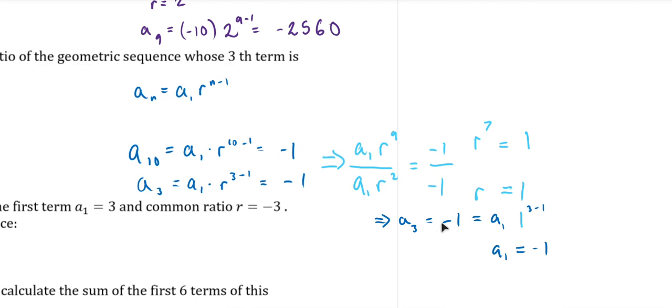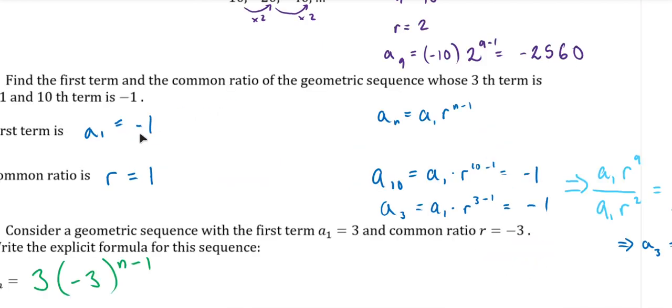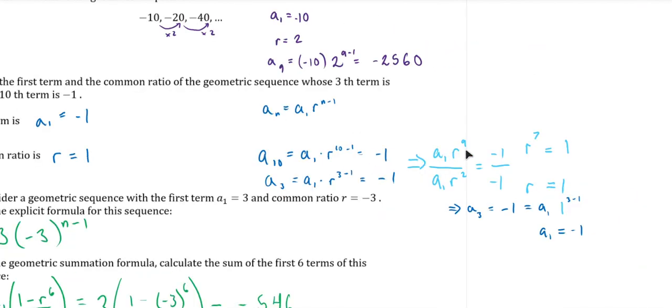Let's say a sub 3 is equal to -1, and say, well, what is that now in terms of a1? If we substitute these values in and solve, we find that a1 must be -1. Now again, -1 and +1 here are pretty special values for a geometric sequence to have, but you could follow this regime regardless of what these two values were,